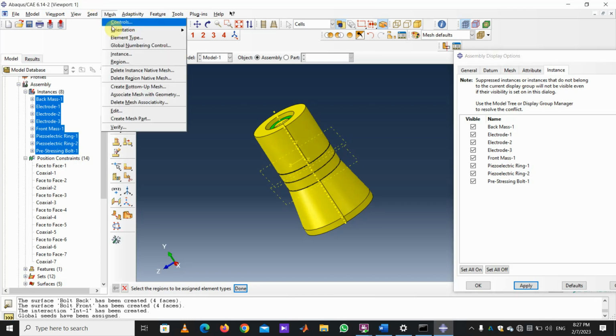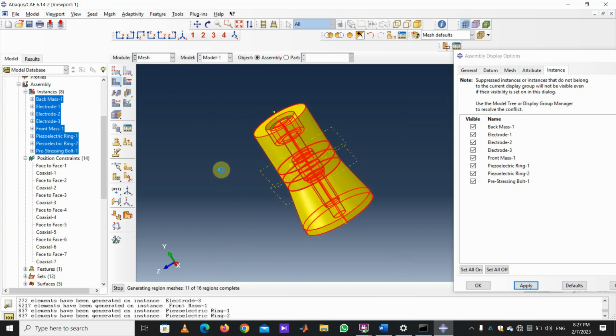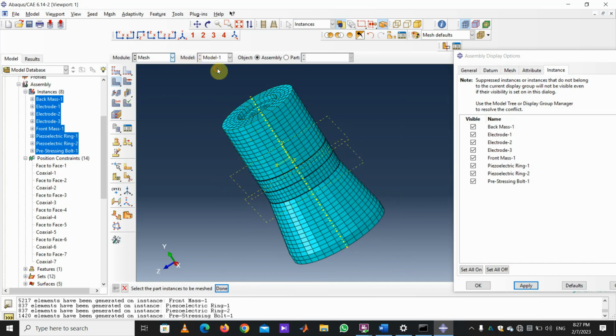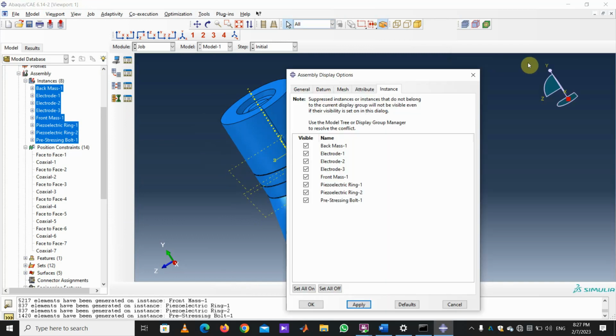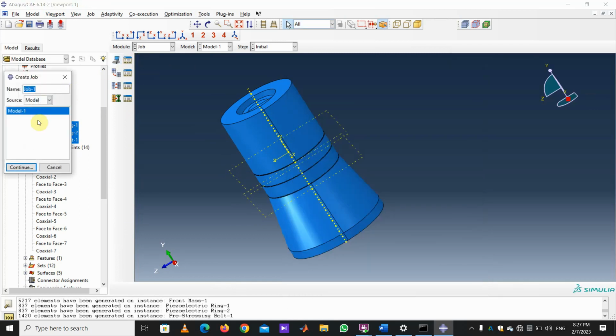And finally, under the mesh menu, I again select all the components and I will mesh them. So finally, in the job module, I click on create a job,